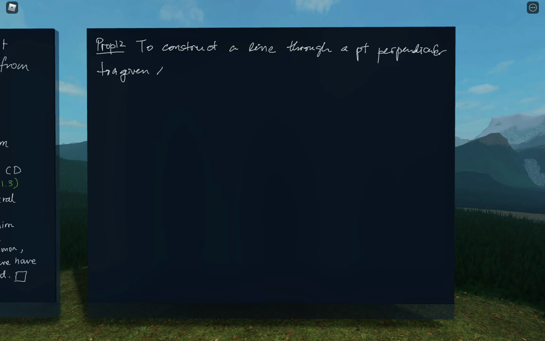To a given line. So just to emphasize that this point here is off the line, right? So we'll start with the point here, which we're going to call C. The line here that we've got, we'll call AB. And so we're going to construct a few things to help us prove that the construction, well, we're going to define the construction and then prove that the construction actually gives us what we want. So the construction